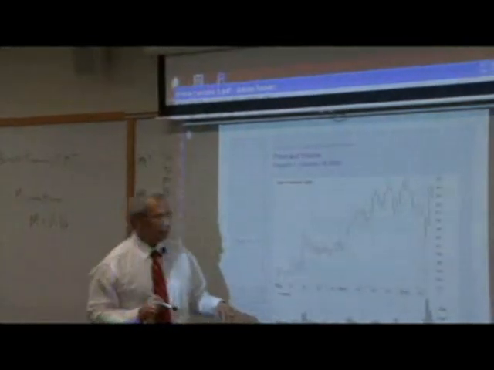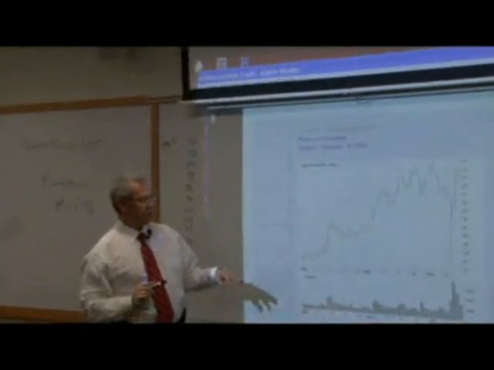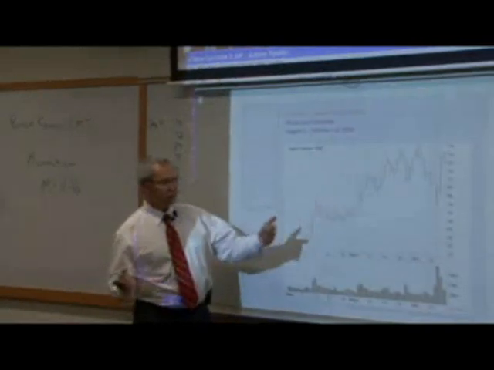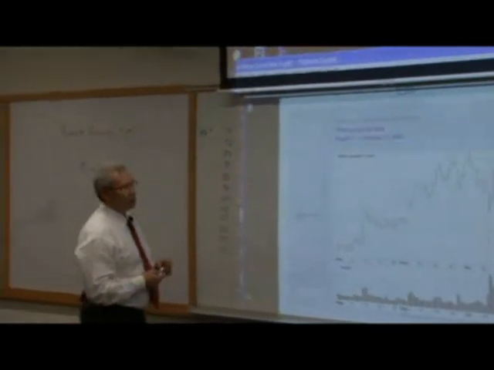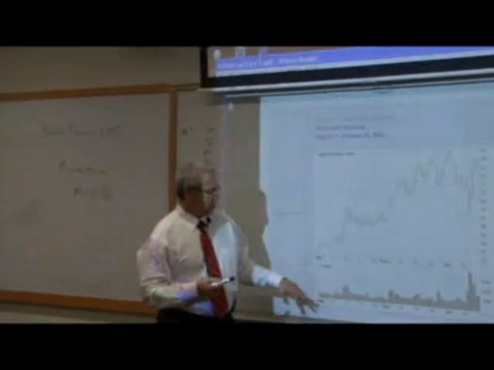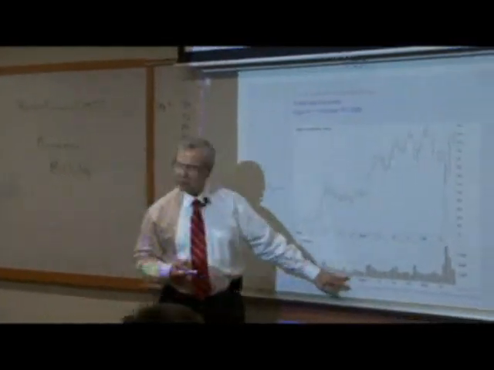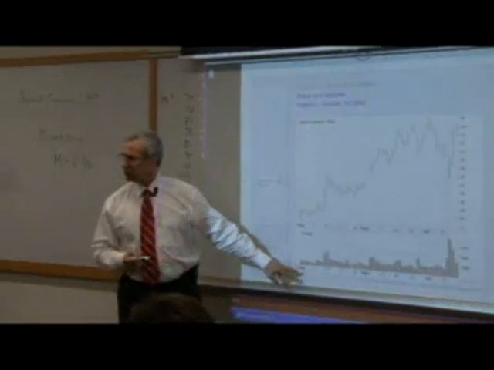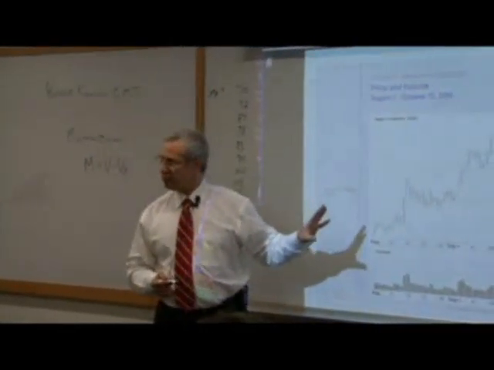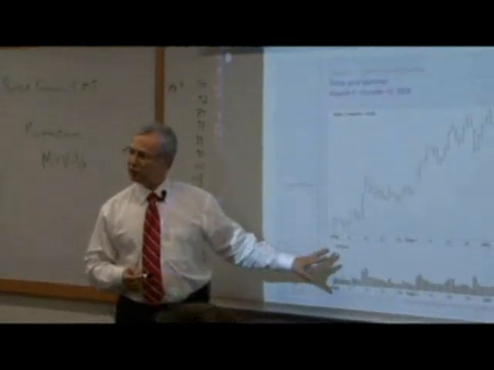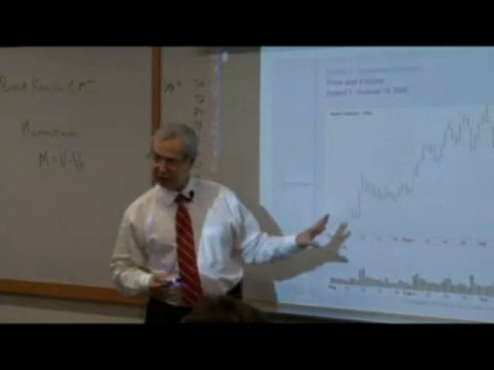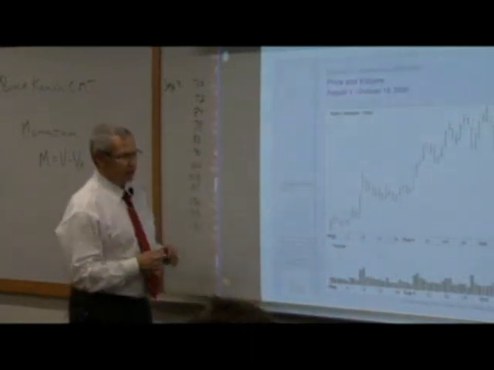Let's talk about volume and a way to look at that in the context of momentum. I have a chart here that you have in the handout for Apple, in the news lately. And we have our typical histogram at the bottom, a bar chart of volume. The higher the bars, the more shares that have been traded. This is shares traded. If it was a chart of an option, it would be contracts. If it was a futures contract, that.